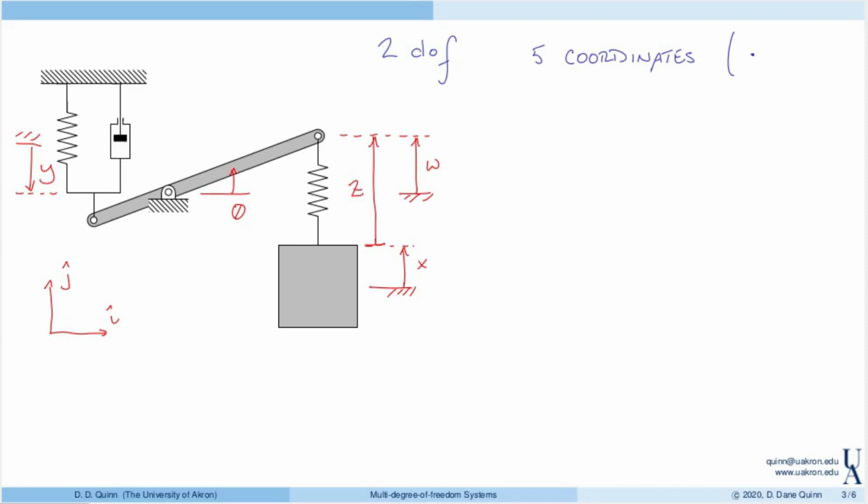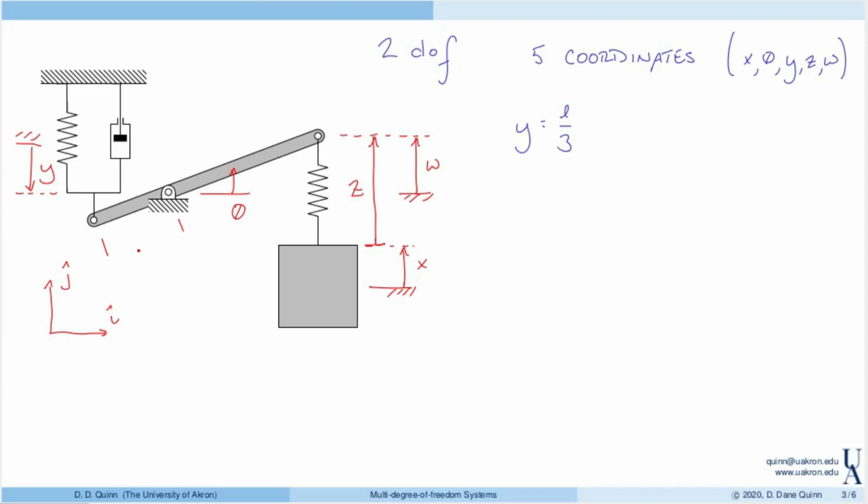And again, those are x, theta, y, z, and w. But I have a 2-degree of freedom system. So that means that I need constraint equations, or I have constraint equations that link 3 of these coordinates to 2 others. So in particular, let's look at y first. y and theta are related. Right? So here, y is L over 3